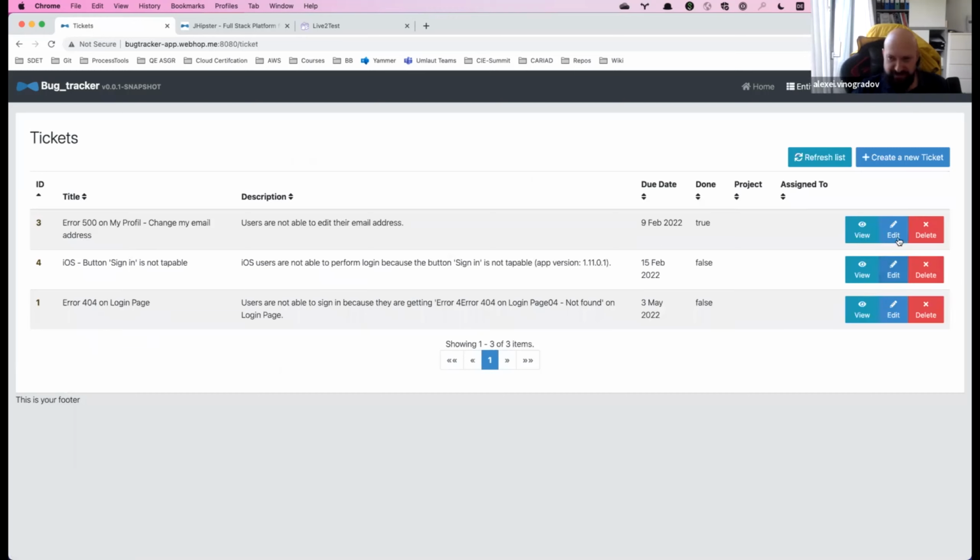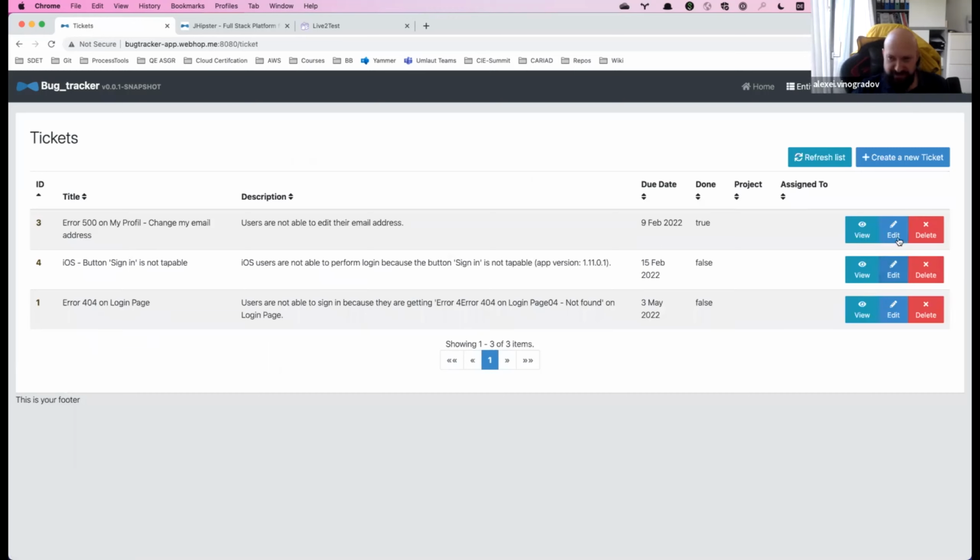Just give some information, save it. Then after that, the next step would be editing the ticket and setting it to done. Again, clicking on save and controlling that it was actually set to done, checking the table. And after the test, we will go to a delete button and delete this ticket. So I'll leave it here just for demonstration at the moment.